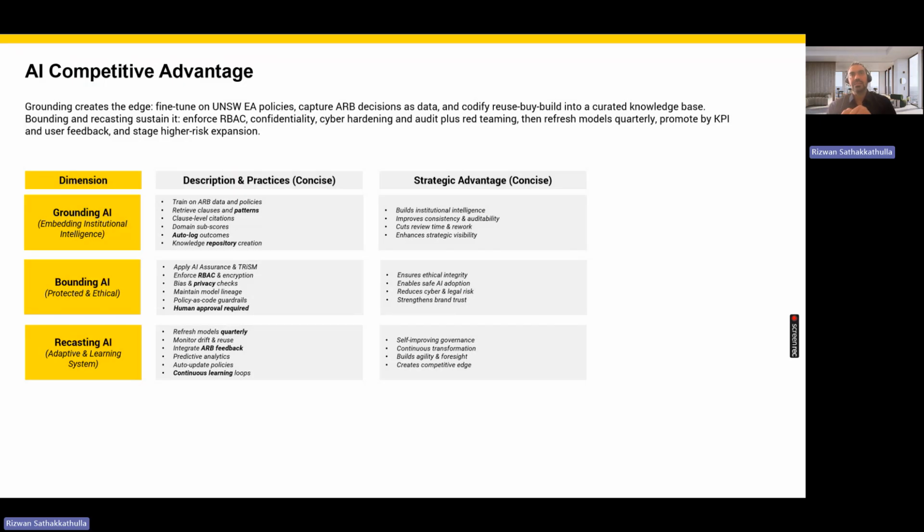First is around understanding the principles, patterns, and everything, and bringing that information into a centralized data repository, and also developing some of the knowledge bases. Those are some of the key areas where we need to spend our time and money.